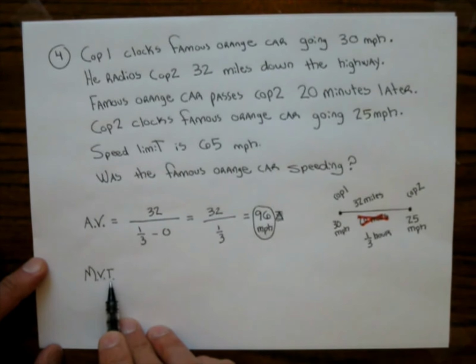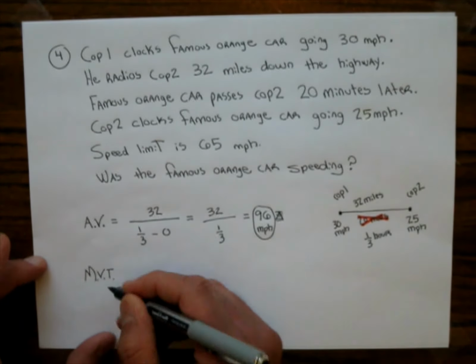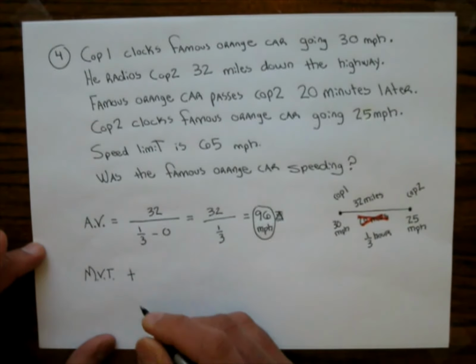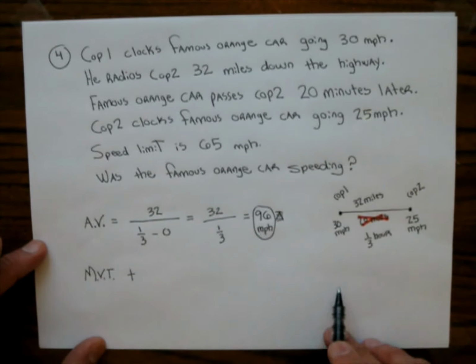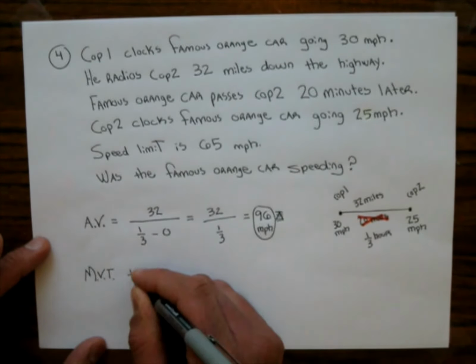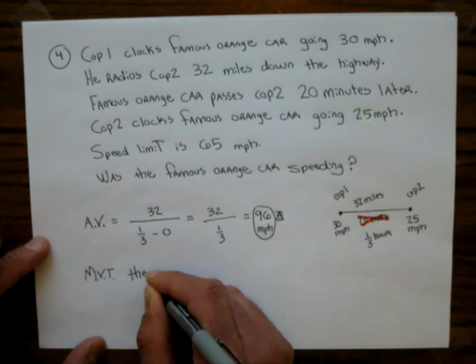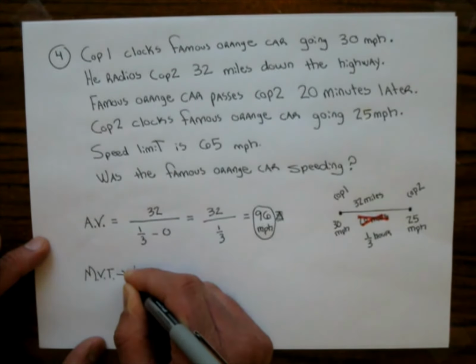The mean value theorem says there is a time where the instantaneous velocity equals the average velocity within that time interval, the time interval being 0 to 1/3. So I'll write that down. The mean value theorem says